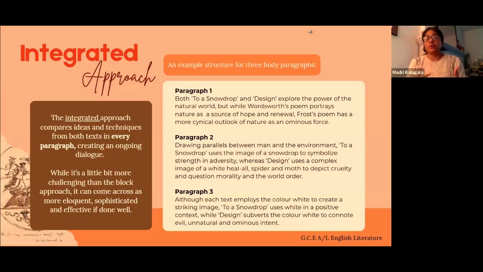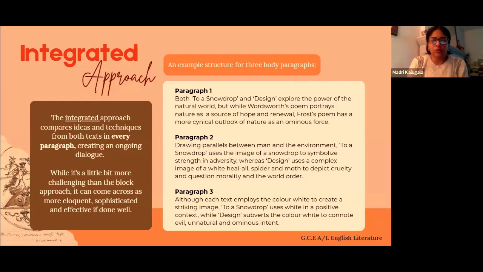Okay, thanks. So again, you can see the second paragraph has two texts together. They're both put in. We're not looking at only Snowdrop or only Design, but both together. Now, these are just random points I'm thinking of because I don't have an exam question for this, but if it's drawing parallels between man and environment, we look at what does